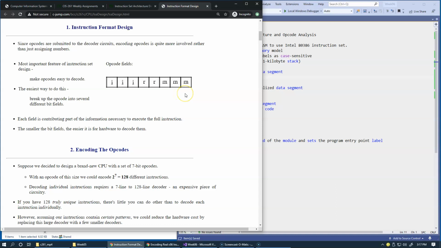And one of the approaches is that when these bit fields of individual bytes that represent instruction opcodes are decoded inside the processor, the circuitry becomes simpler if we